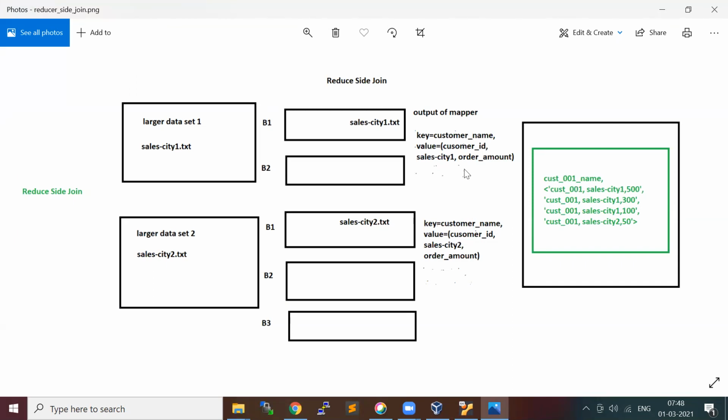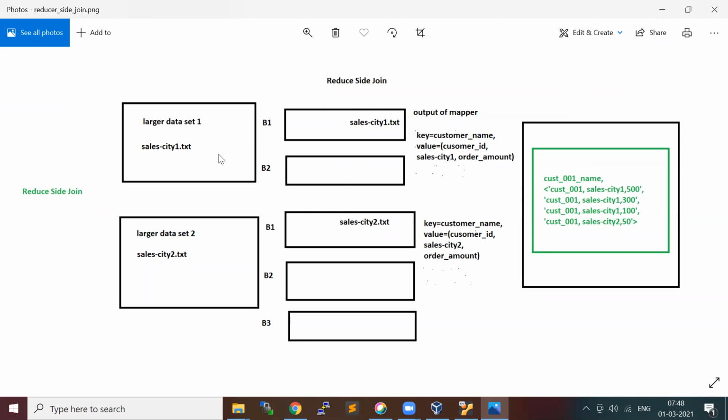If the customer name is available in both data sets, it's going to give you the customer IDs and all the sales from both sites. We get sales from city one and city two if the customer ID is the same in both data sets. In our case also, if your customer made a sale on both e-commerce sites, you get that as a collection of values. Then you can do whatever aggregate you want to do, right? So that's how the reduce join works.